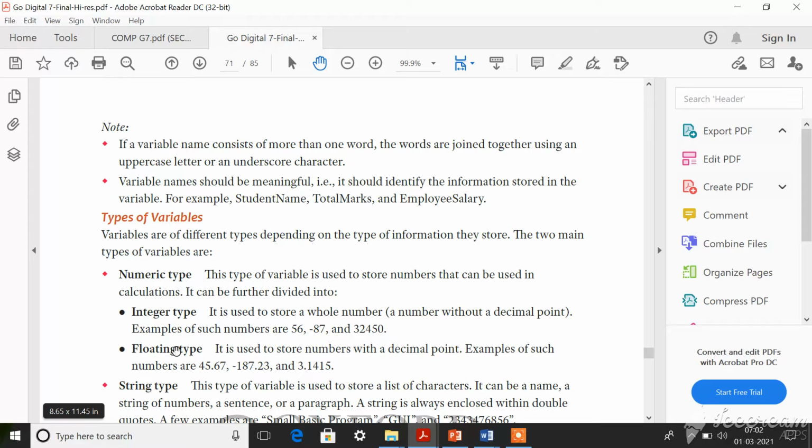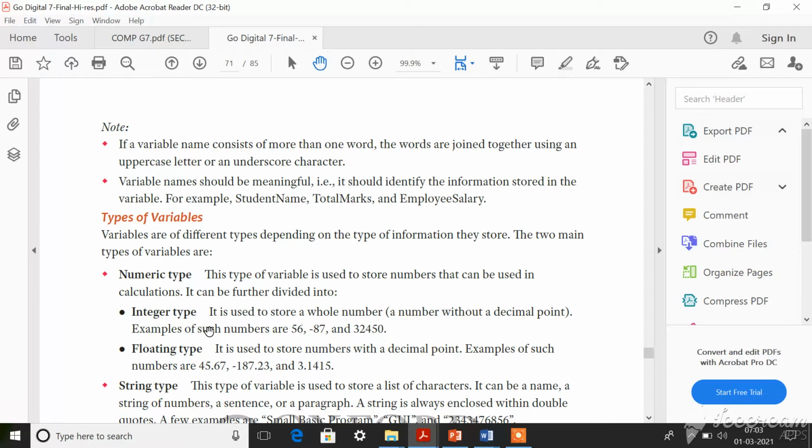In mathematics you call them decimal numbers, isn't it? But in computers, you call them floating type numbers. So whenever a decimal point is kept, it is called floating type, and all the other numbers are called integer type.